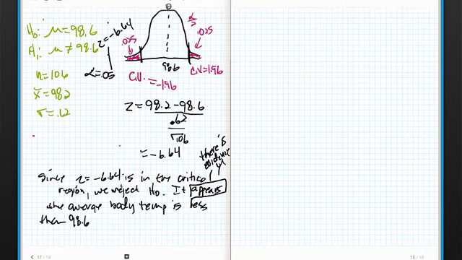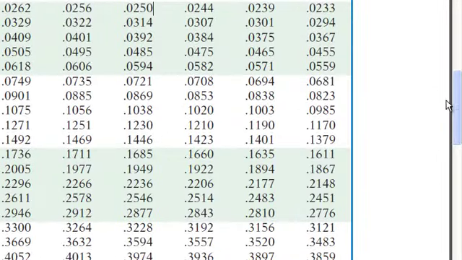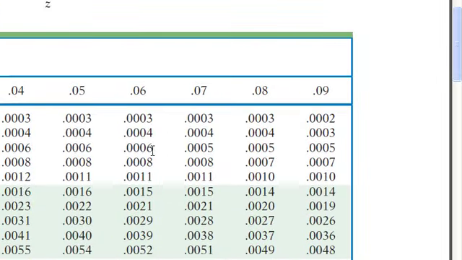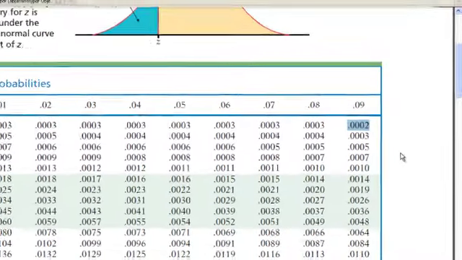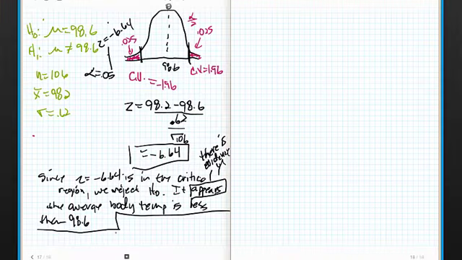Okay? Now, this can be really confusing for students when they try to do p-value, because negative 6.64 is such a big number. And if I stumble back over here, let's do p-value. Now, look at this. The most negative that we can go, according to this chart, is negative 3.49, which gives me a p-value of 0.0002. Your calculator is actually going to spit out a number like 0.000001 or something like that, because the computer can do those things. But when you're dealing with charts, the best that we can do is, if I go back here, when I write this up,